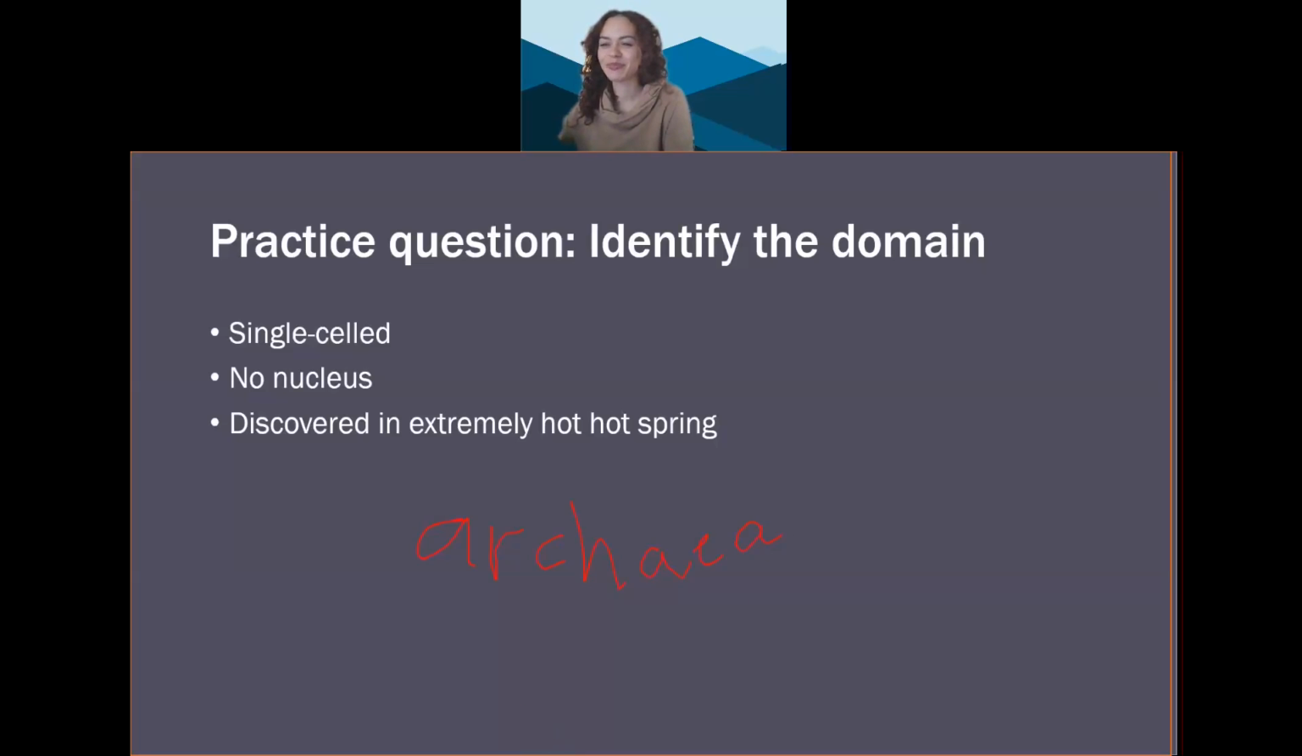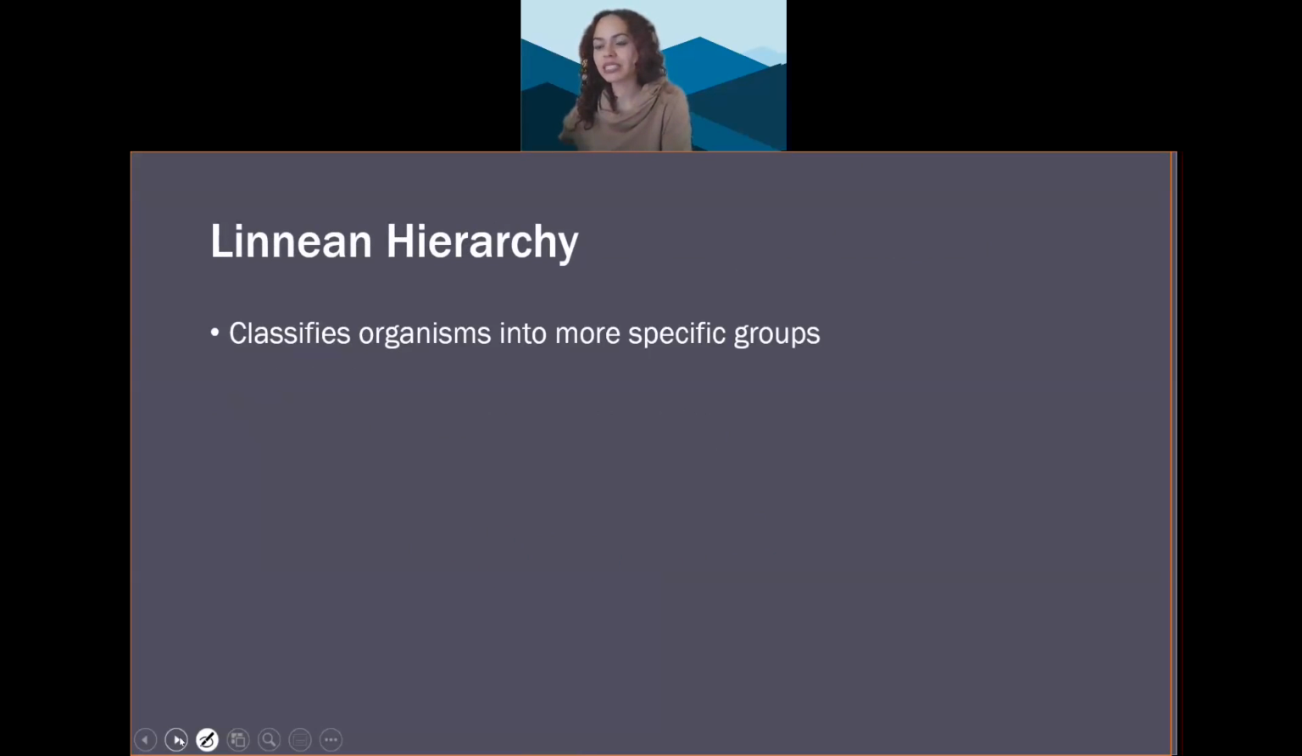There we go. Now, kingdoms are still pretty broad categories. A palm tree and a rose are both plants, but they have a lot of differences. So organisms within each kingdom are classified further. The scientist Carl Linnaeus created a system known as the Linnean Hierarchy to classify organisms into more and more specific